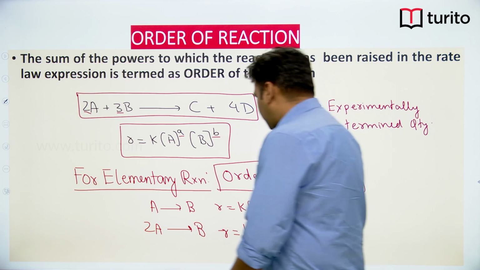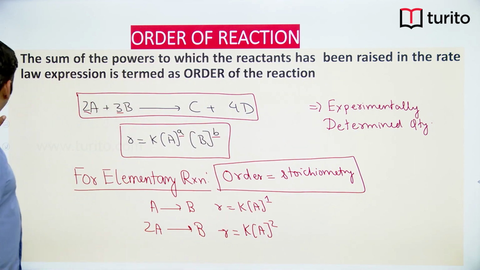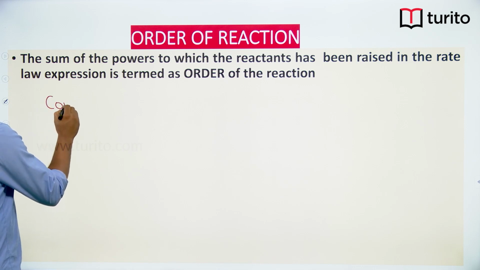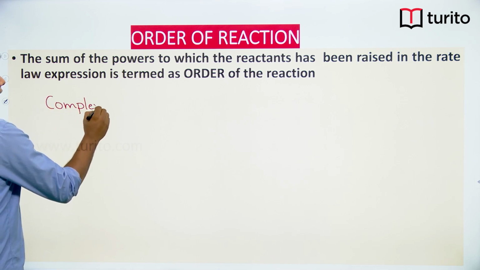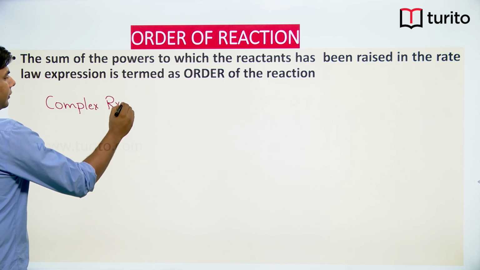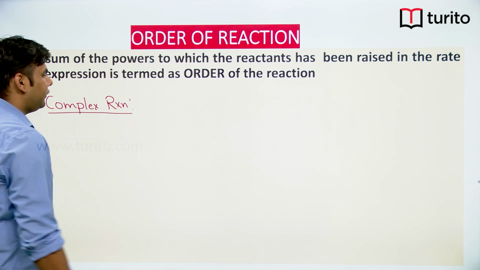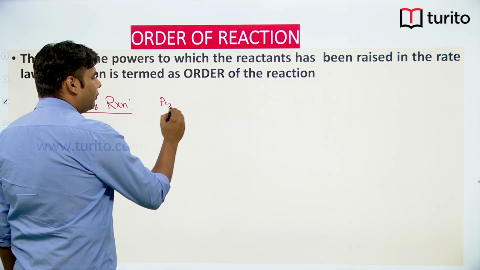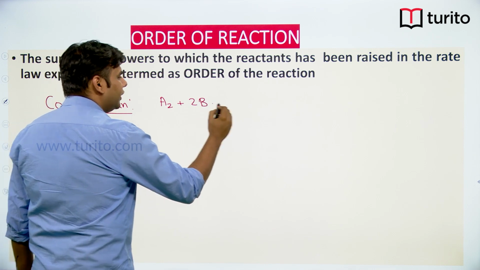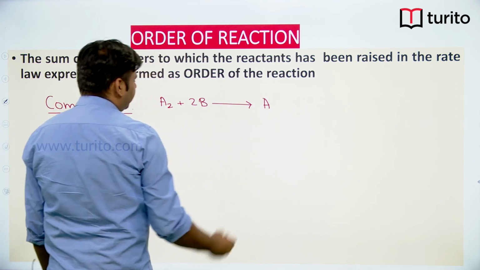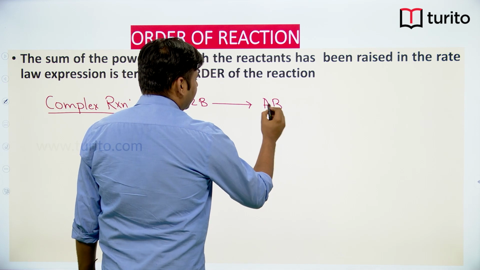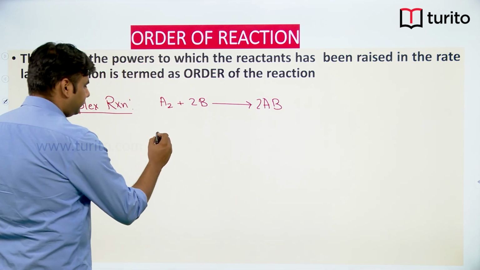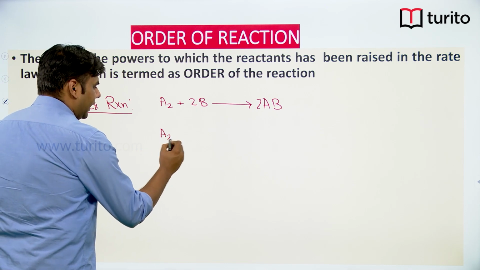Okay. So now what about complex reactions? Okay, or the reactions which have more than one step. Now suppose we are taking a reaction, say A2 plus 2B changing into 2AB. Okay. Now suppose it has been said that this reaction is a complex reaction and its mechanism is